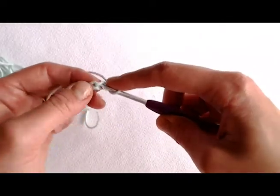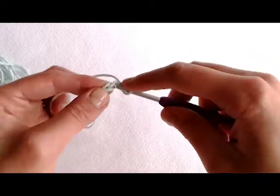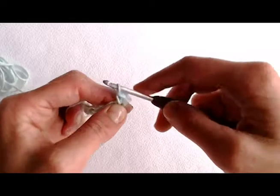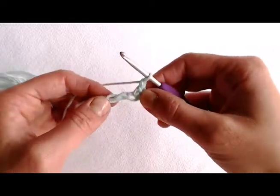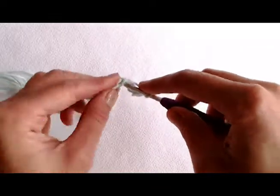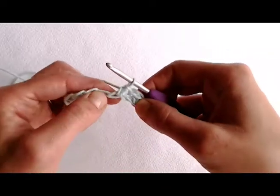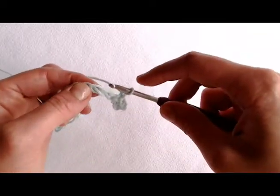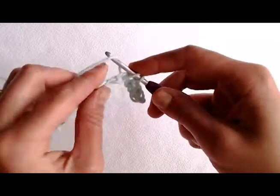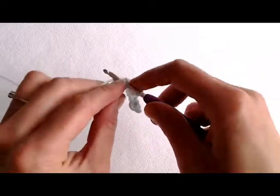We're going to start by doing a single crochet in the second chain. So I'm skipping this chain and going into this chain, doing a single crochet. Now I'm going to chain a stitch, and I'm going to skip a stitch. And I'm going to go into the next one and single crochet. We're going to repeat this across the row. We are chaining one, skipping a chain, and putting a single crochet into the next chain. Going all the way across